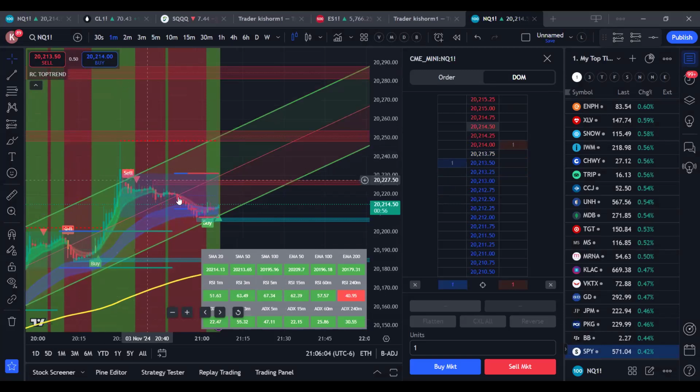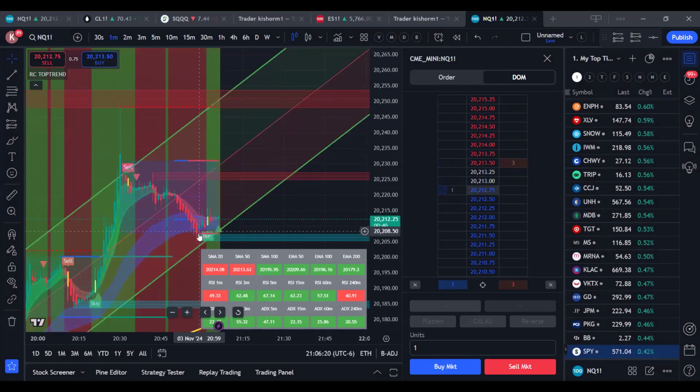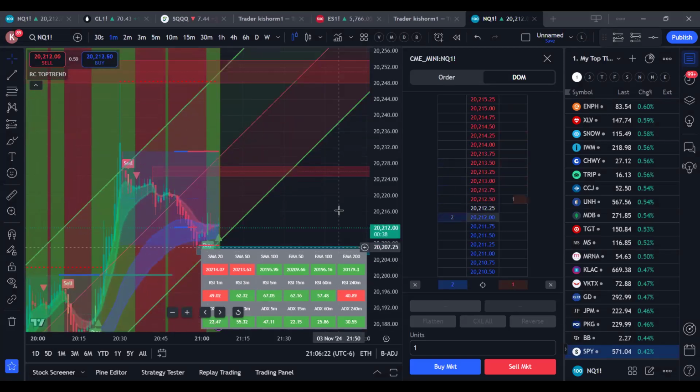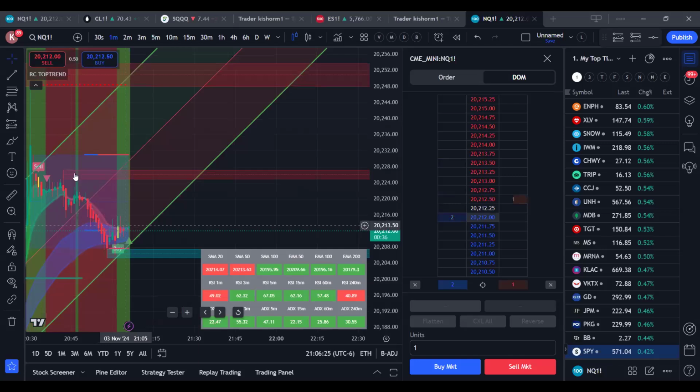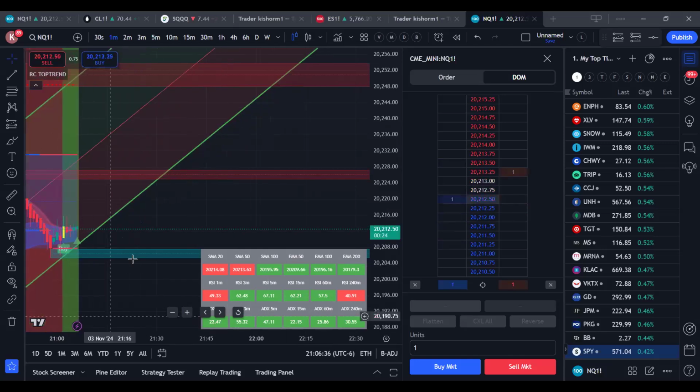Now it came all the way from the top. It touched the resistance right around 249. You got a sell here. It came all the way to 210. Now you got a buy. It came to the bottom of the range. Majority of the table is green. So again, as of now it is all indecision candles,